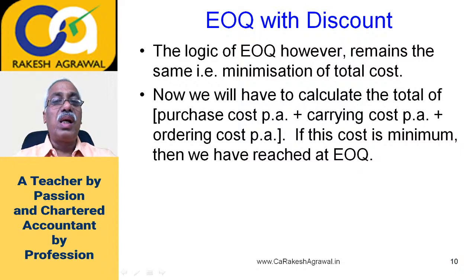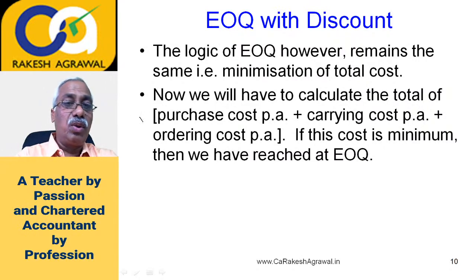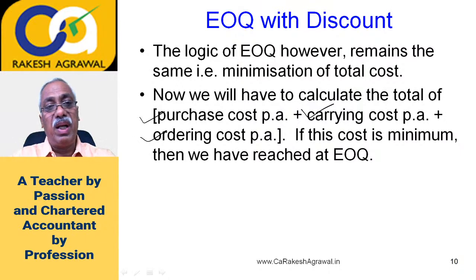If you remember, in the classroom we had done it in a tabular format. You have to prepare a table having mainly three columns: total cost of purchase, total carrying cost, and total ordering cost. You have to prepare a table at different quantities. You have to calculate all the three costs, and then take the total of these three costs, and at whichever quantity the total comes minimum, that quantity is your EOQ, if you can recall from your regular batch.